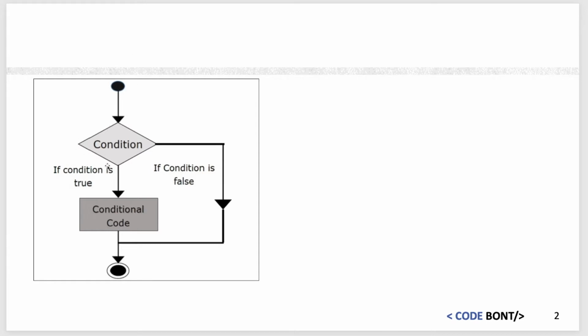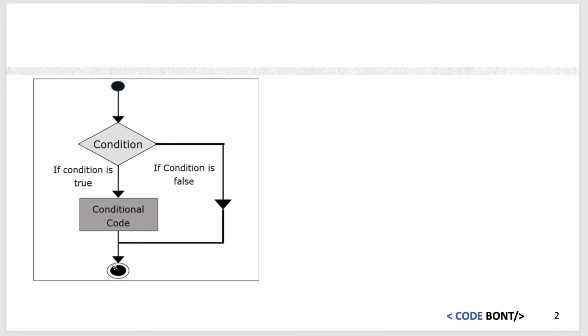So we've got a condition in the middle here, which is a little diamond, and then what we've got is a condition if true and a condition if false. So let's take this now as a really quick example. Let's say, for example, the condition is: is it raining outside? Well, if the condition is true, so if it is raining, this code here could say take an umbrella. Whereas if it's false, well, we don't need an umbrella. So all we do is we skip that part of the code,